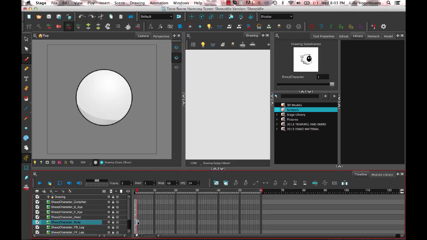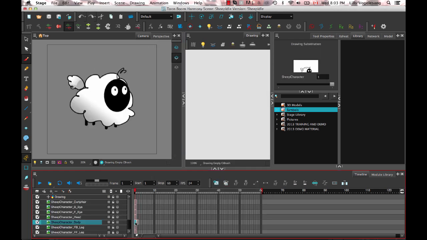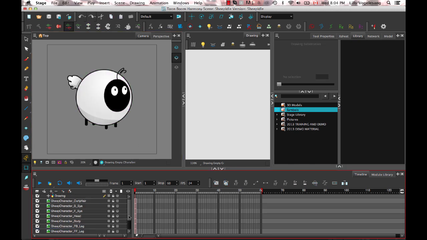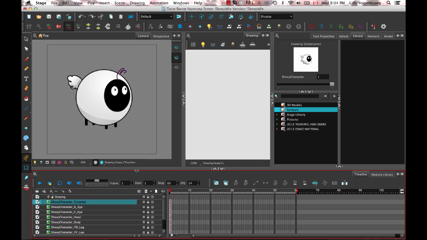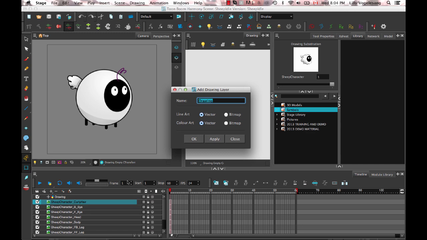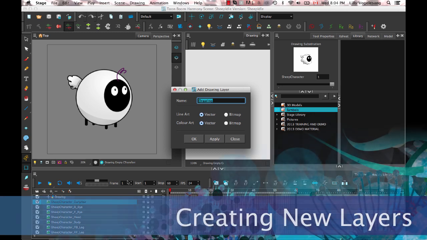Then now you see how it kept those two different bodies. Okay, so this is the final design now of what I want my character to look like. So if I want to redraw this in Harmony, I'll just show you a few tricks while drawing in Harmony here. So I'll create all the same drawing layers that I need to work with,